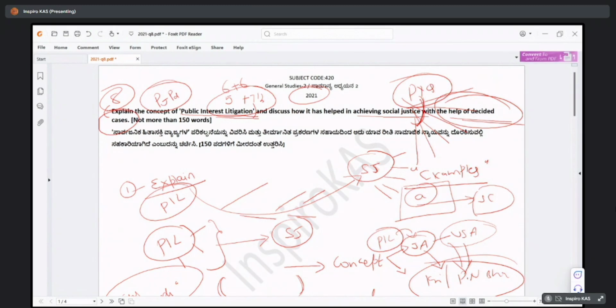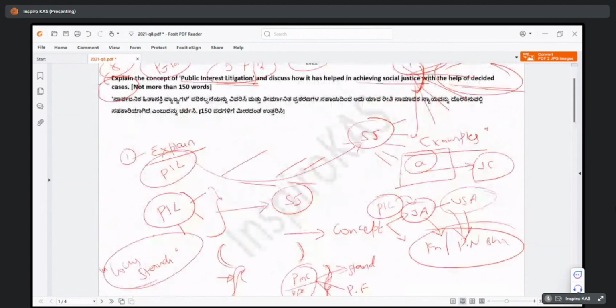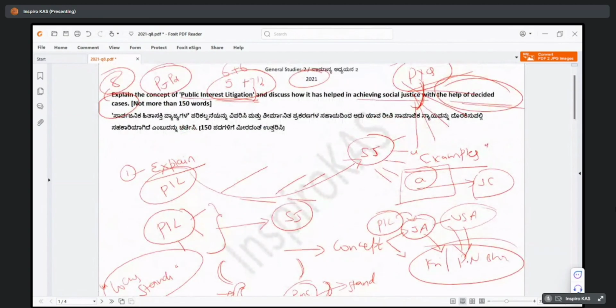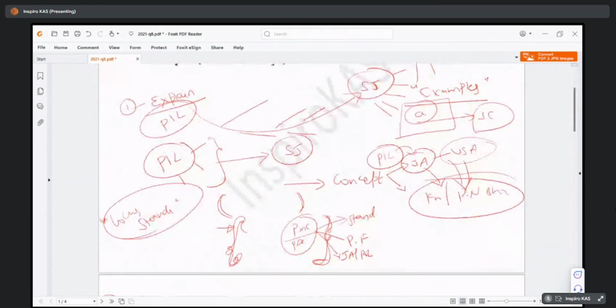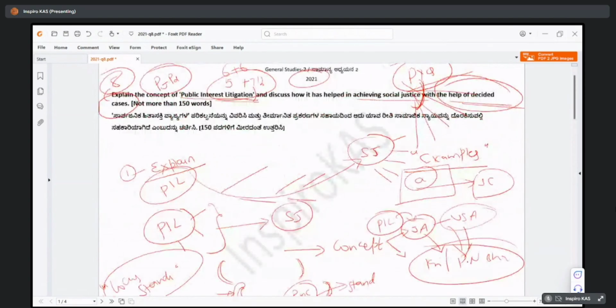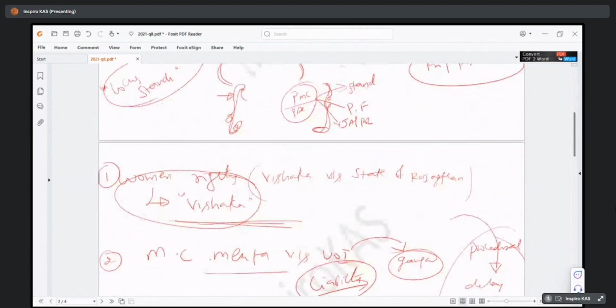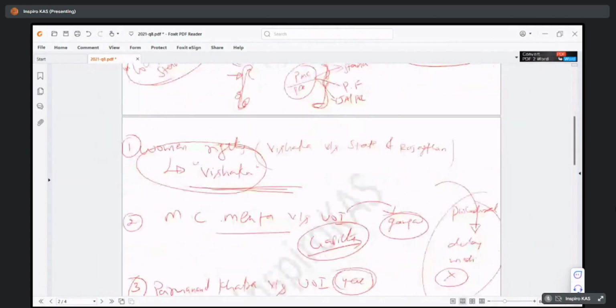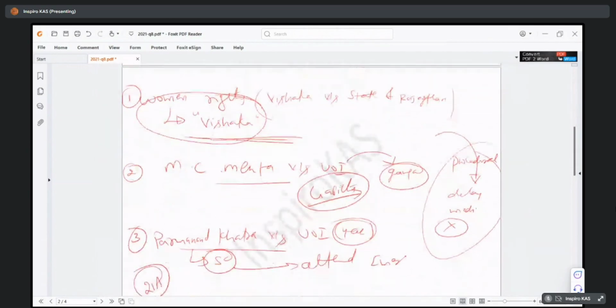Okay, thank you guys. Sir, can they write like this? Social justice, each factor like equity, access to resources, any related case that has come, equity related one case has come. But we won't study like that, sir, because from the exam point of view, whatever we know, that only we have to write. Correct, sir. So it's better to take a few cases on social justice. Exactly. And these are all we study.